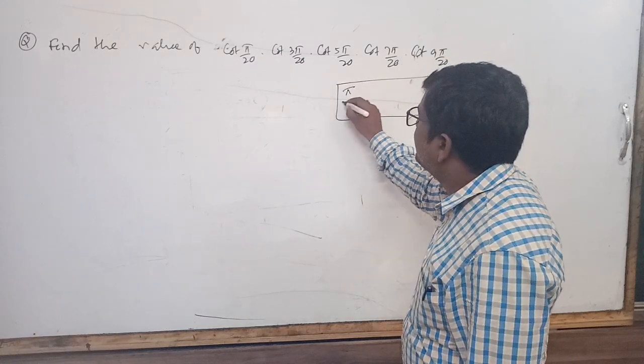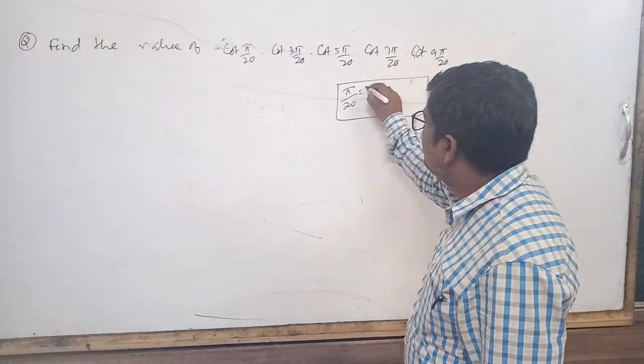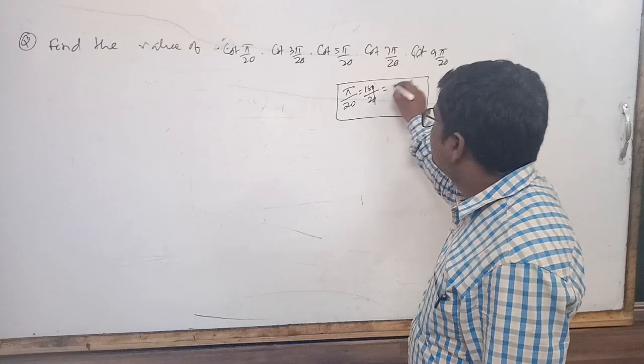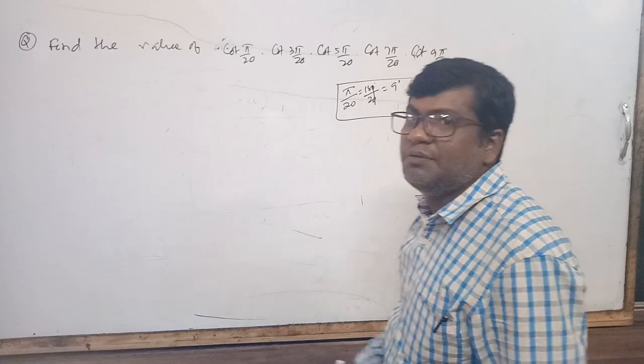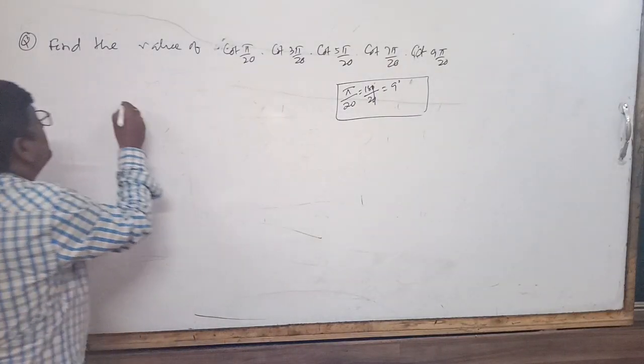Pi by 20 is equal to what in radians? This is equal to 180 degrees by 20, which is 9 degrees. Pi by 20 means 9 degrees. So the solution: